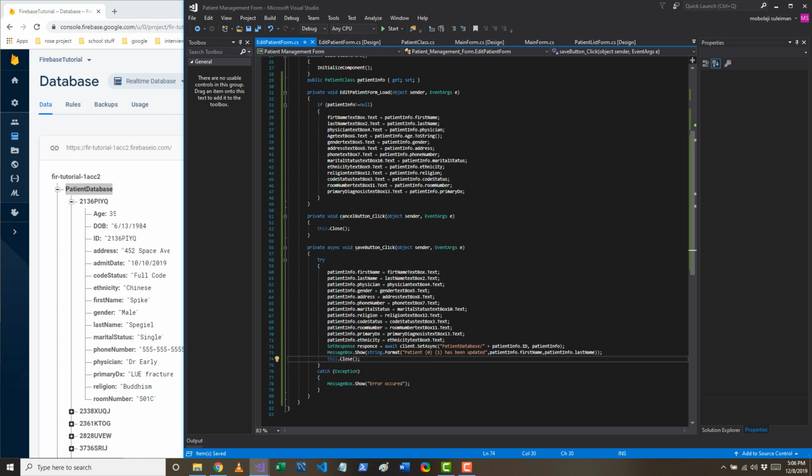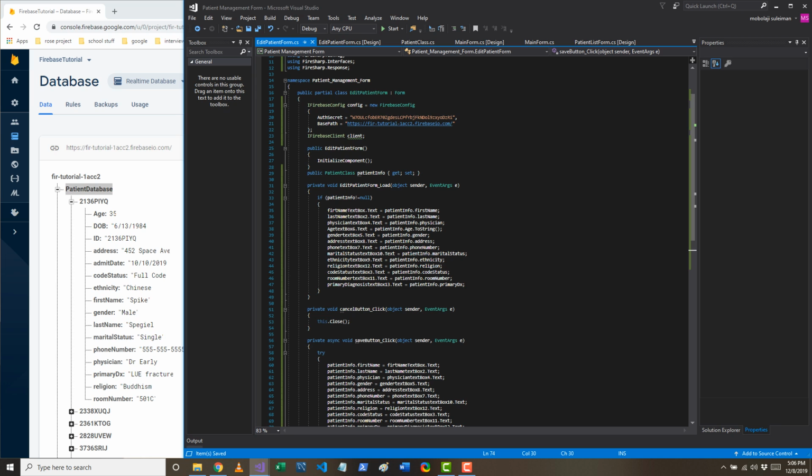Something's going on. Did I not initialize this on form load? Nope, I did not. So the client, here's what I did wrong. The client is not connecting to the database. So what I should do is go down here on form load,